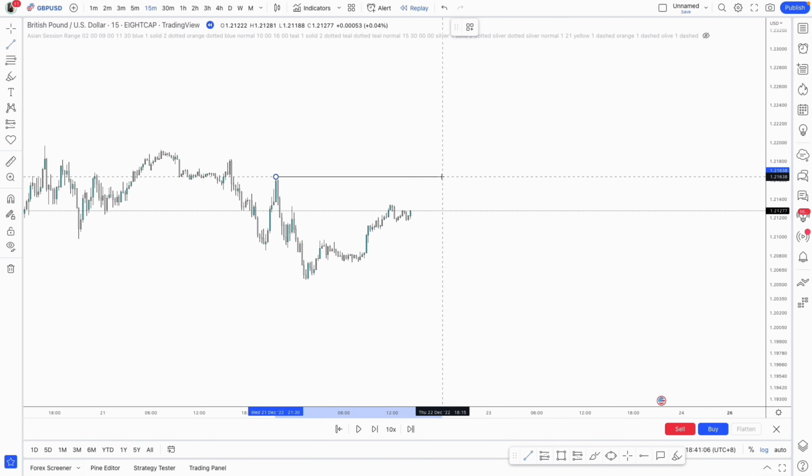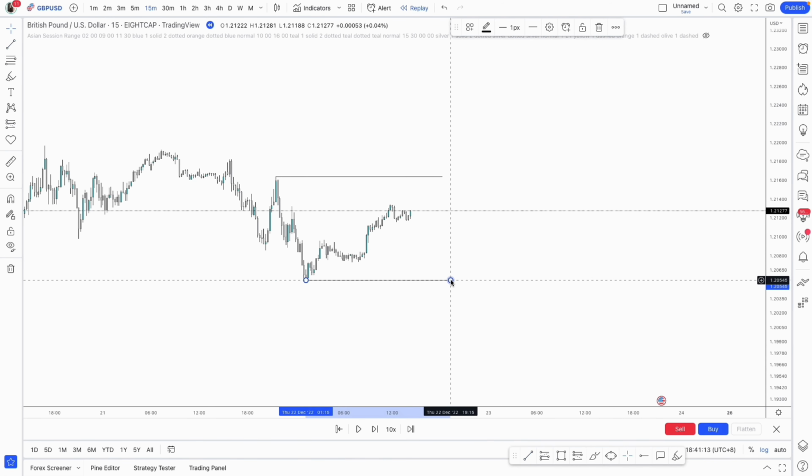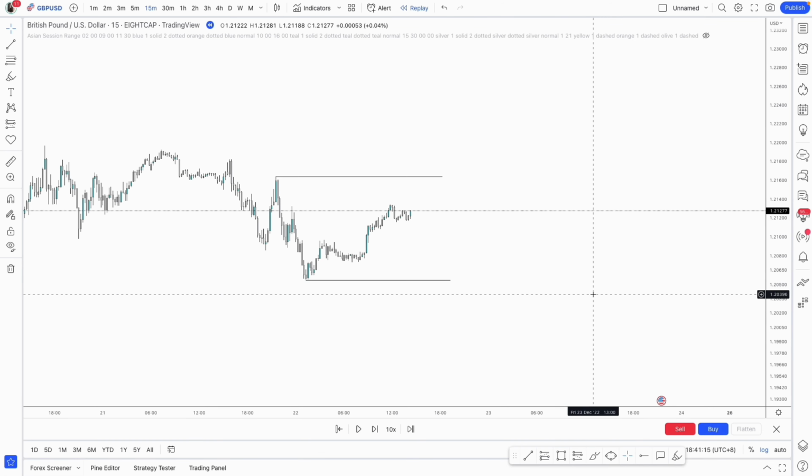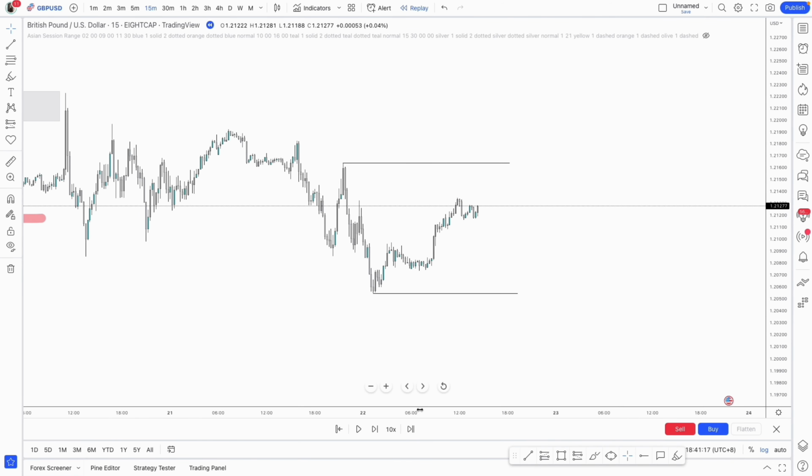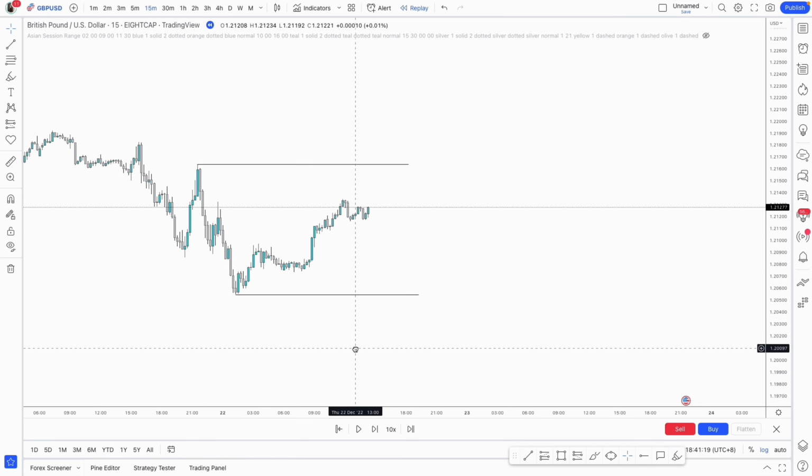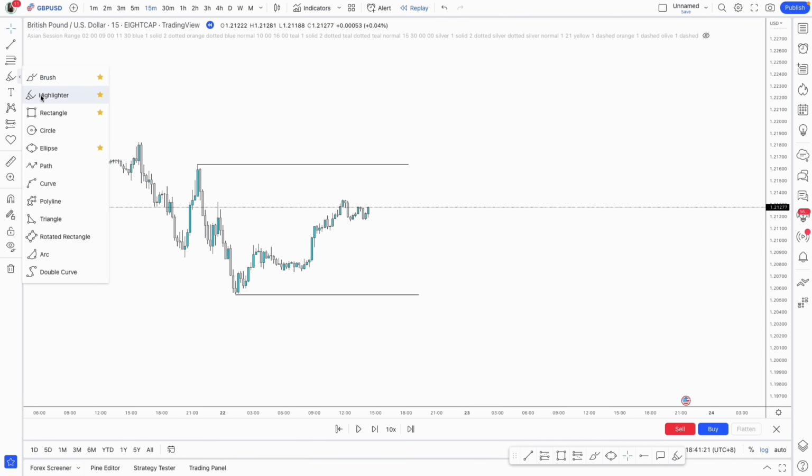It doesn't need to be super difficult. You just need to understand the basic concepts of structure and the multi-time frame nature of structure, and then combine that with liquidity, inducement, and supply and demand. So what we then notice is that we have an area of supply